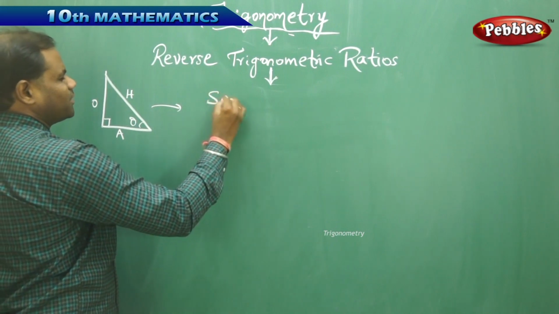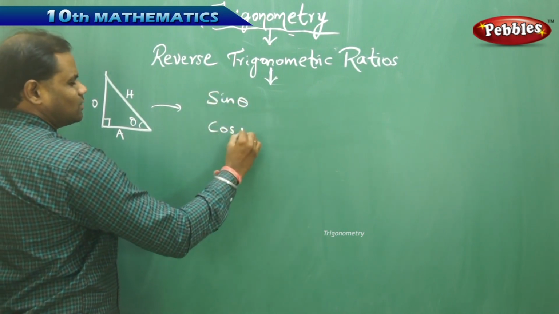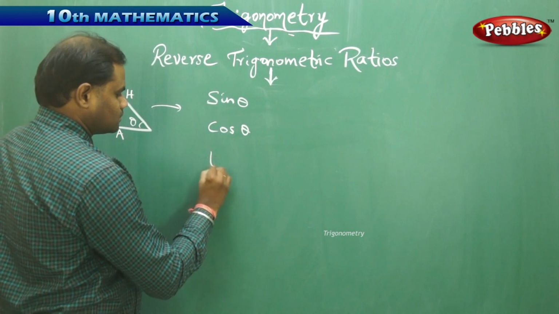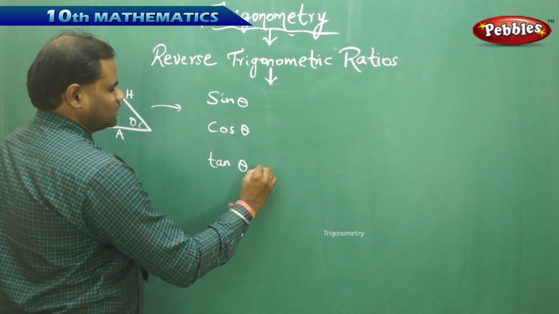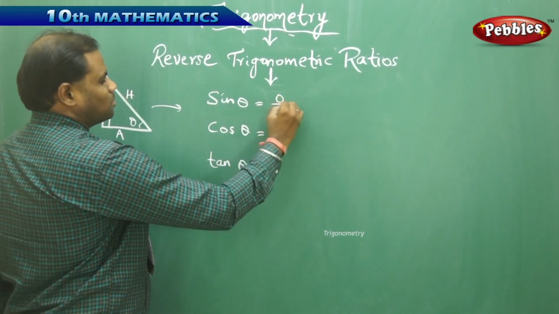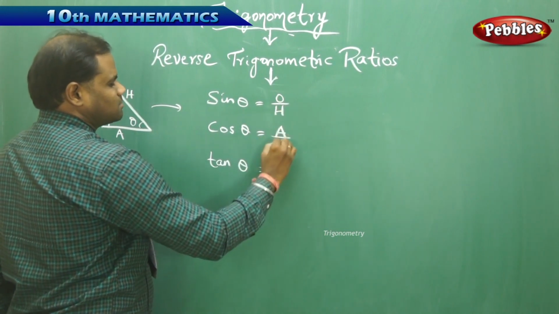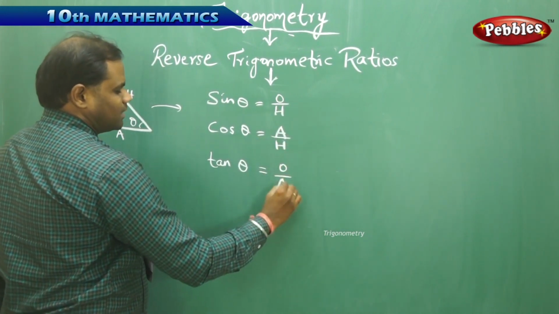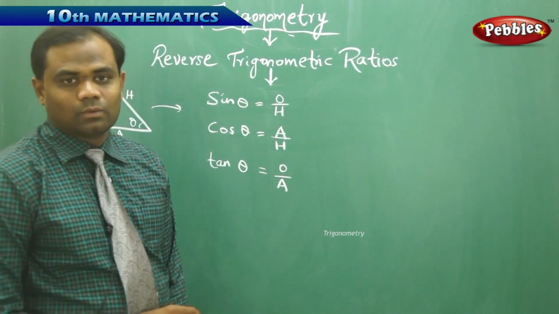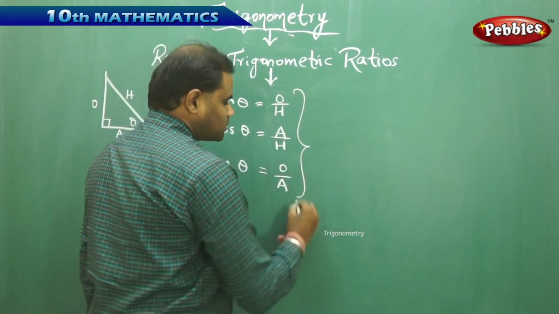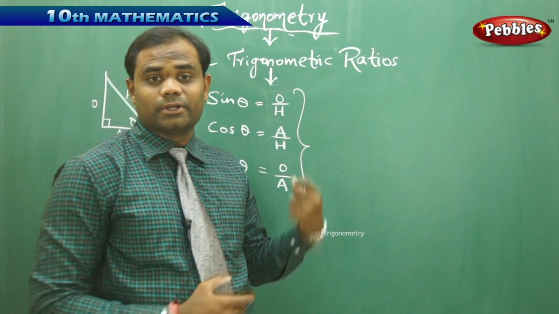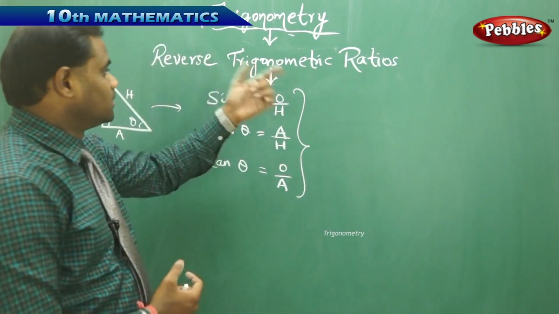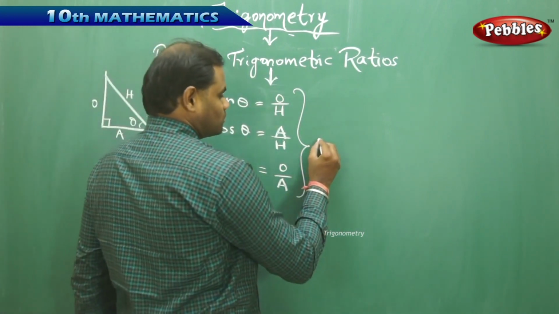We had three trigonometric ratios, sine theta, cos theta, and tangent theta, as opposite by hypotenuse, adjacent by hypotenuse, opposite by adjacent. Now, these three standard trigonometric ratios have led to the reverse trigonometric ratios, which are